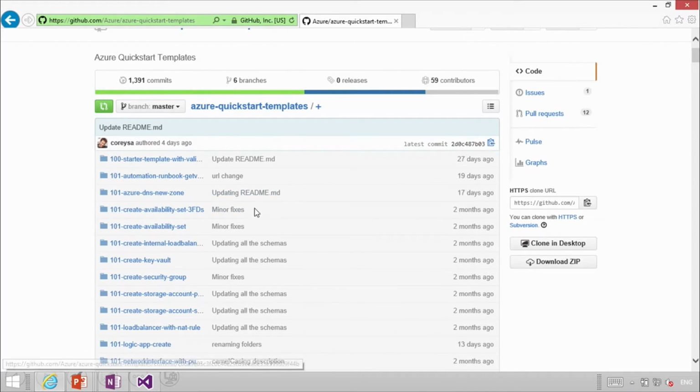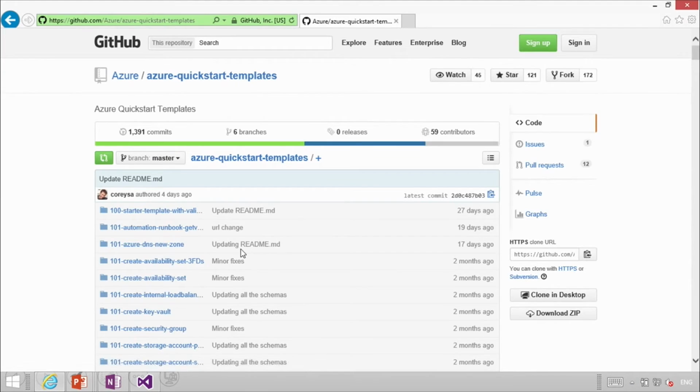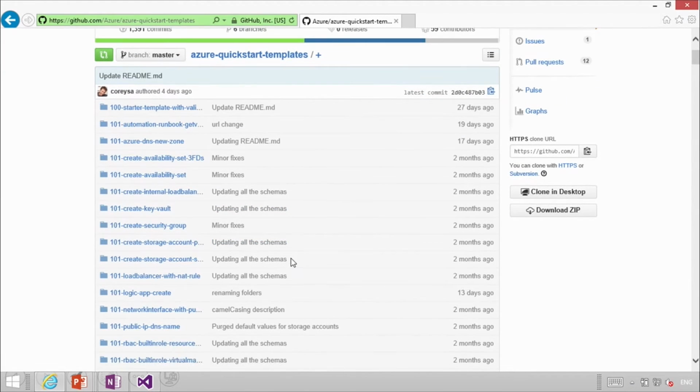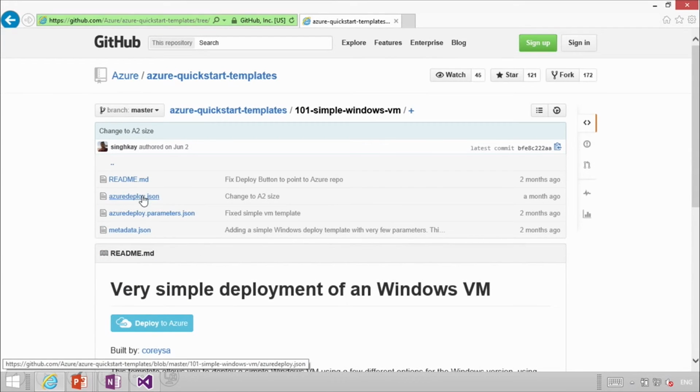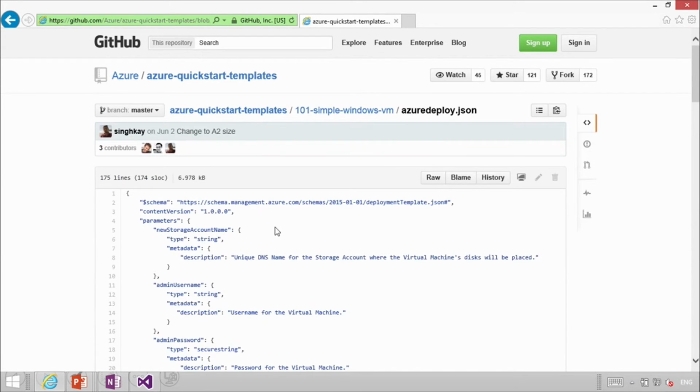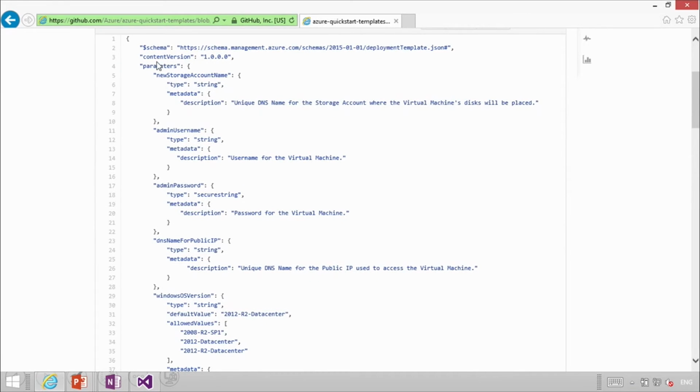So templates and immutable infrastructure is really what that's about, is how can we build a JSON file, and I'll show you some here in a second, that can describe what our infrastructure is up there or what pieces are in Azure. So if you take a look at GitHub, our product team is pouring templates in here constantly. And these are what's called ARM templates. You hear the word ARM, it's Azure Resource Manager, that's what it stands for. And really what ARM is about is, can we create these templates? And if I pick one here, like a simple Windows VM, you can see they're JSON files. And when you go into the JSON file, you'll see that it describes all the different elements.